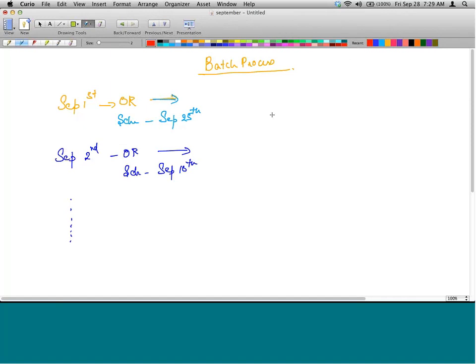Now, who is going to manually remember that on September 5th, a delivery needs to be created? Nobody has that time and patience, right? So on September 25th, somebody has to go into that order and manually create that delivery. Who can do that? And who can remember that order?